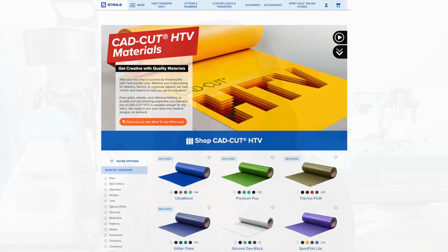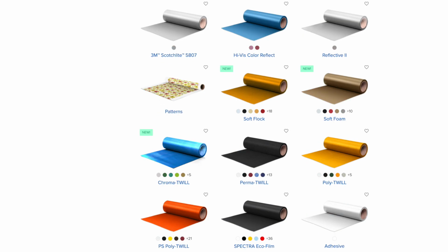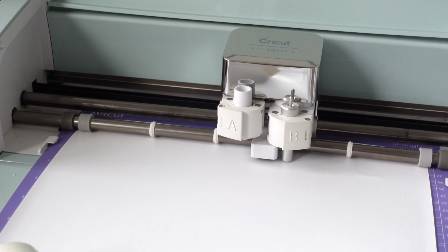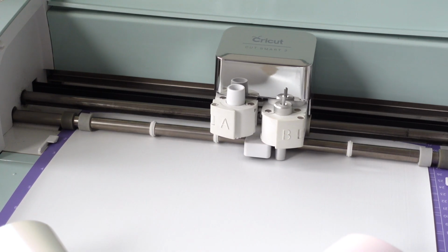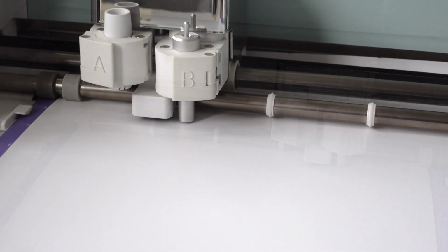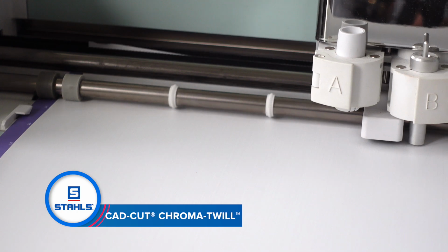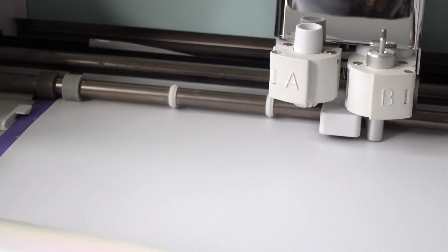Let's dive in. There is a lot of opportunity with special effect heat transfer vinyl. So just choose your favorite Stahls CAD cut heat transfer vinyl. Anything with a metallic, iridescent, or even a glitter sheen is going to sell very well to this market. For this, we are going to be using CAD cut chroma twill. This heat transfer vinyl is a twill-based material, and it has an iridescent sheen that is going to complement our